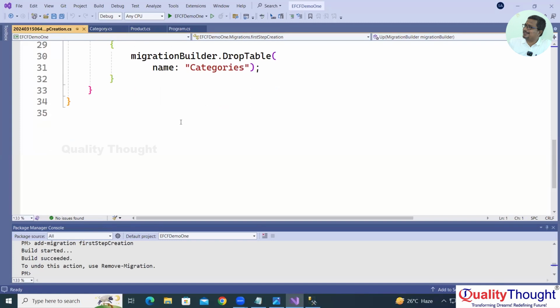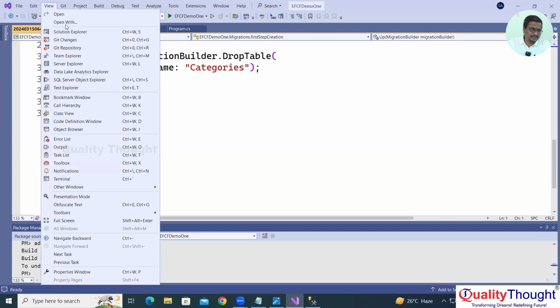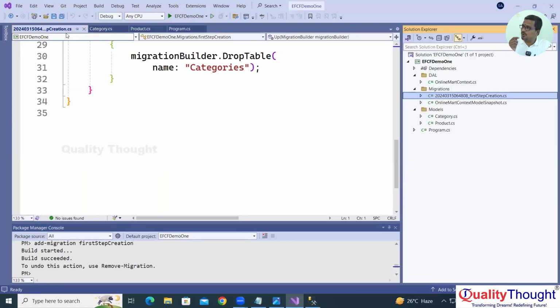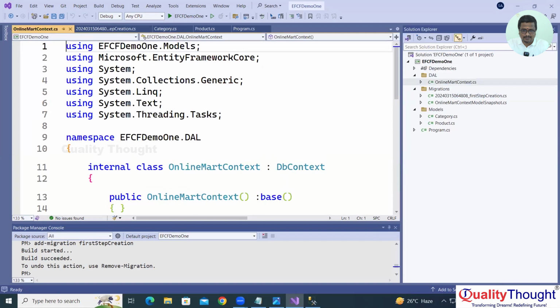Where is the code for product? No. Why? That is a very important point. First reason, there are no navigation properties, this first reason. Okay, second reason, whenever you add a new class, okay, into the solution, it should be entered in the DB context. That is very important. Okay, so now open the DB context. Here